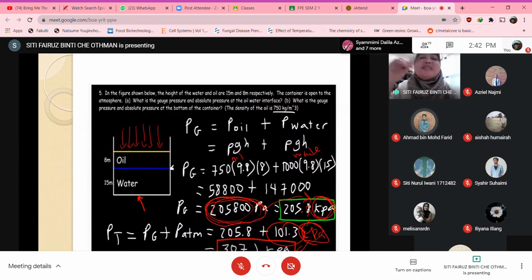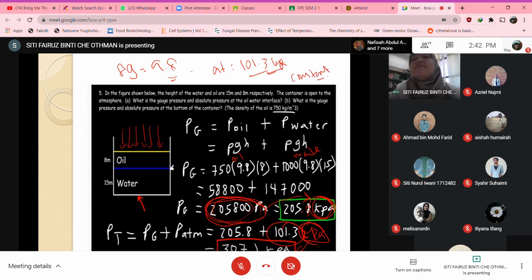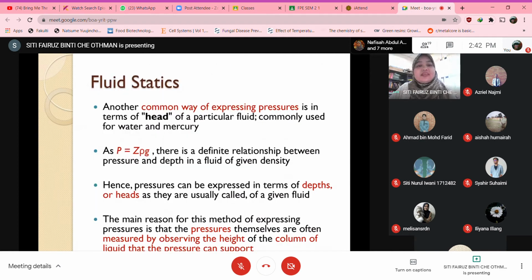It's always macam specific gravity lah. Specific gravity is always 9.8. Kalau atmospheric pressure memang always 101.3 kPa. Okay, so ni sama je. It's constant. Dia tak akan berubah nilai dia. Okay. Alright, so